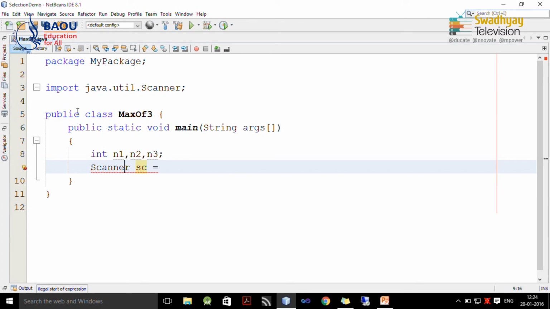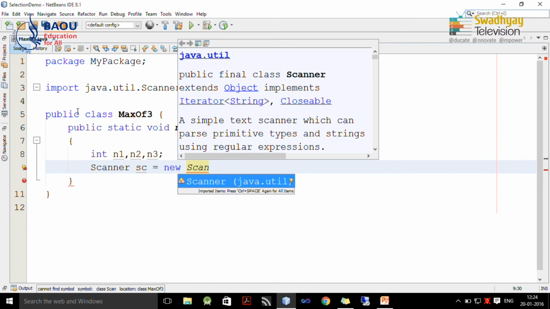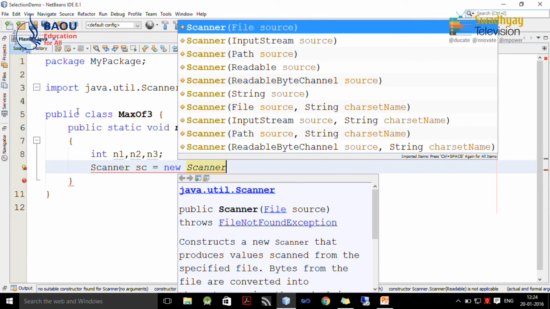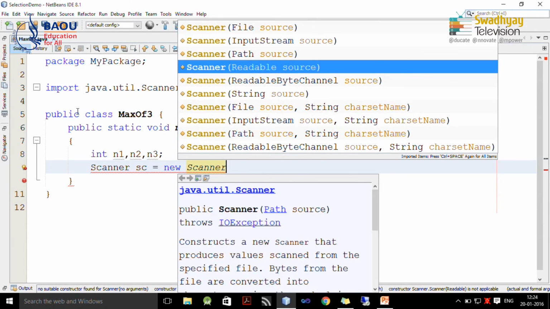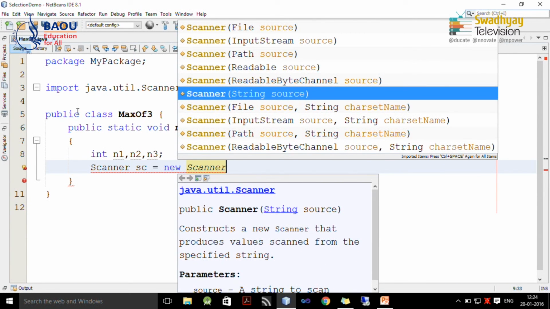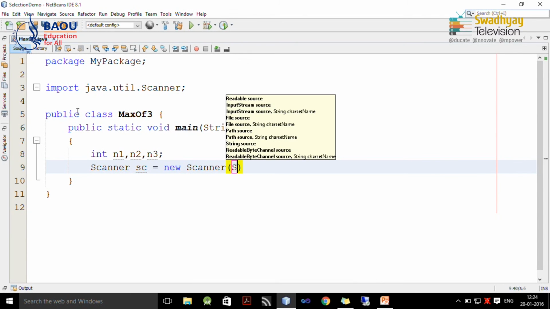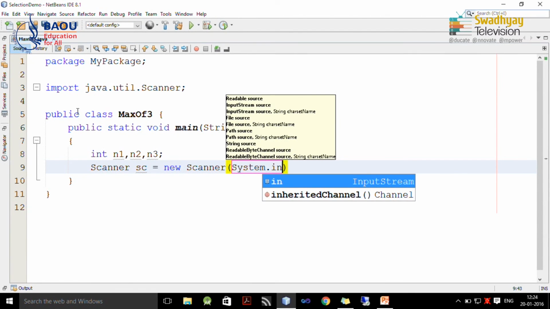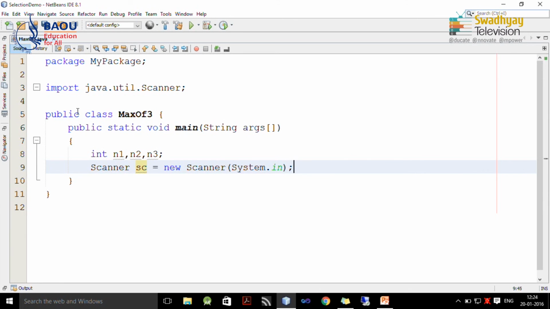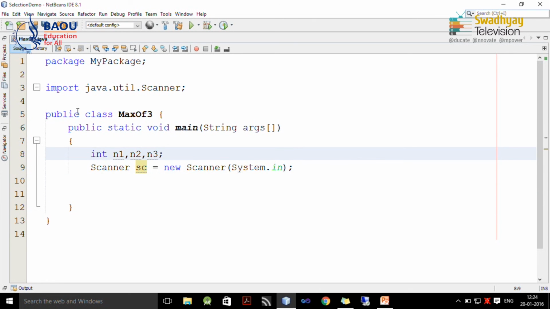So, Scanner is a class, sc is an object, and here you have to create the instance or object by using the new keyword, new class name, and here there are various sources from where you can read input, but we are going to read from keyboard. So, I write System.in.